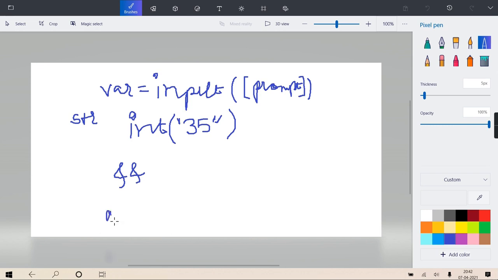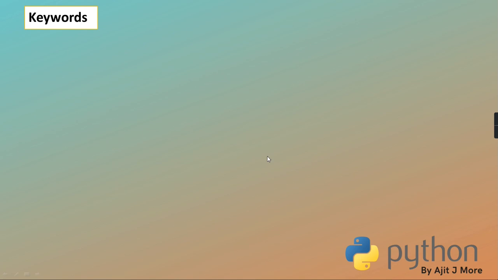Here they have given the proper English word, and that's the reason, as we said in the first lecture, that it is high level. High level why? Because it is closer to English. Like if I want to write logical OR, in C we use two pipes. Here we use the proper word or. So this and, or also come under the keywords category.